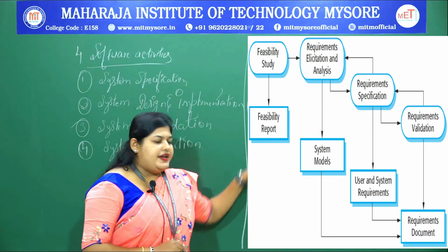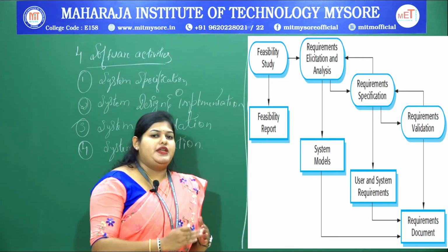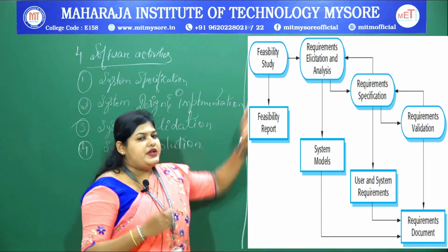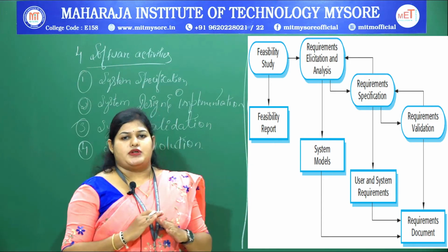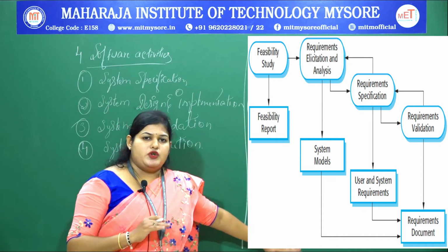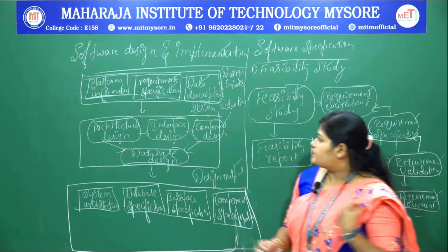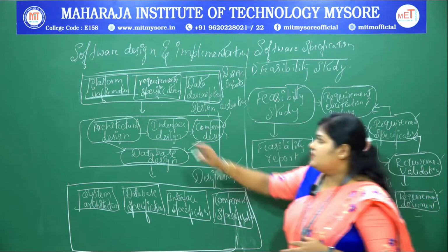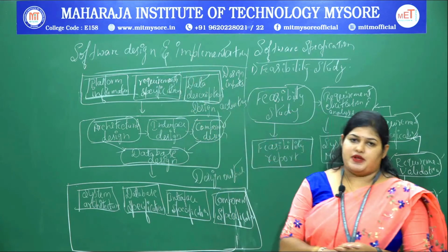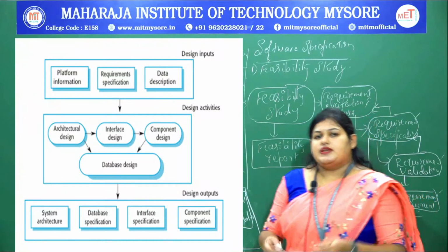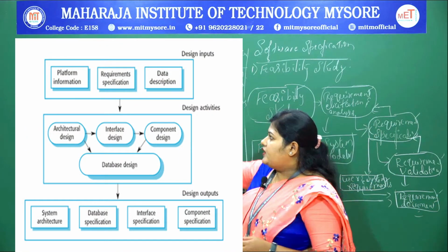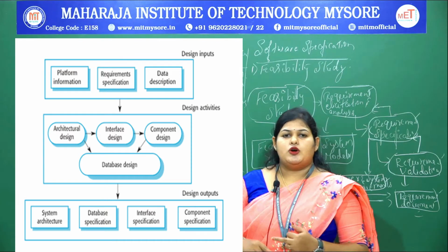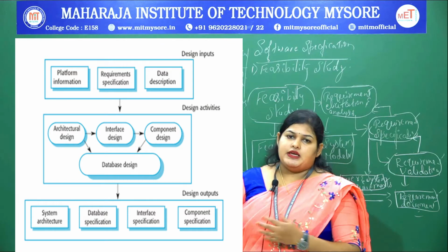I hope you got an idea of what a software engineer should perform at the beginning stage, the collection of the requirements. This is how that is going to be dealt with. So, the next process, the second activity we are supposed to learn, is software design and implementation. When we say design, what should we keep in mind? How will we design, what are the requirements, and how do we design with the requirements given by the customer?